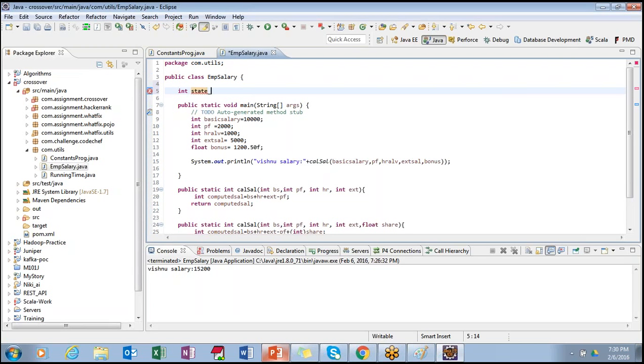Okay, state_tax equal to 10 rupees or 100 rupees. Normally for us Indians, we have state tax as 200, professional tax. We call it a professional state tax. This value is always the same, and if I declare this value in a class, not in any method, yeah,